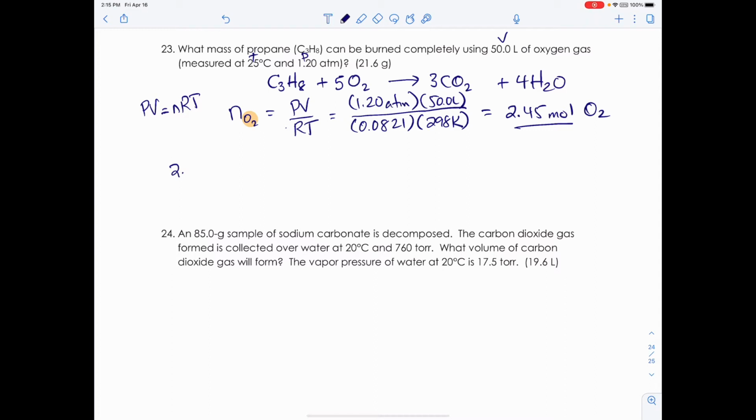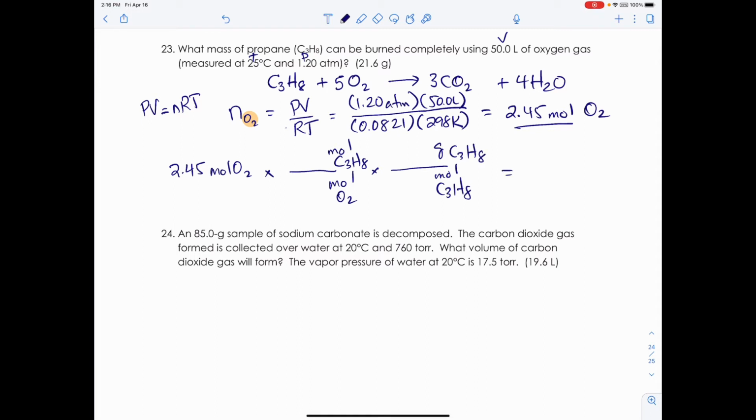We'll take the 2.45 moles of oxygen and set up 1 or 2 unit multipliers, I guess. First, we'll convert moles of oxygen to moles of propane using the balanced equation ratio, and then we can switch the moles of propane to grams using its molar mass. From the balanced equation, we can see that 1 mole of propane needed 5 moles of oxygen for combustion, and